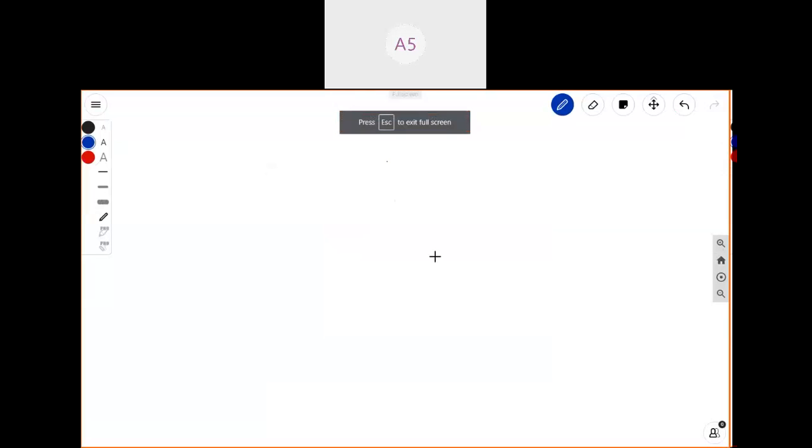Okay, in today's class, what we are going to see is related to the arrays concept. Before that, do you remember the variables concept? What is a variable? How do we declare a variable?